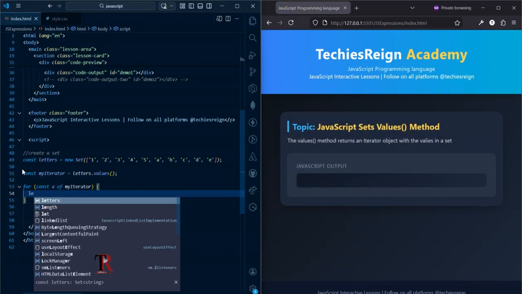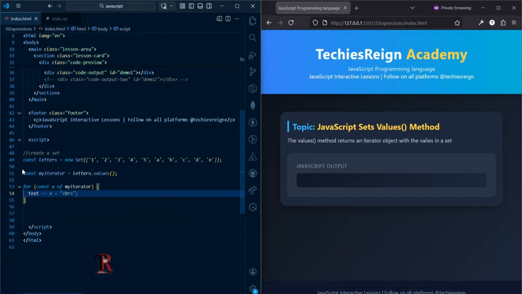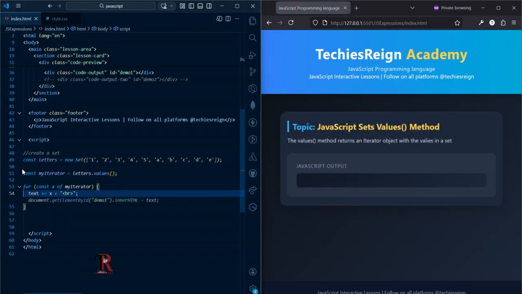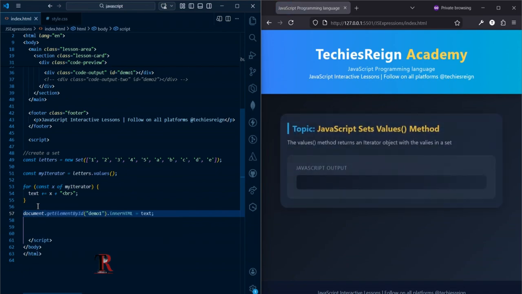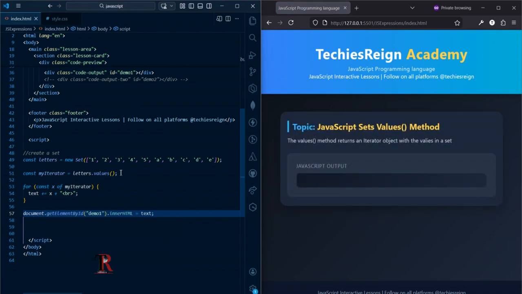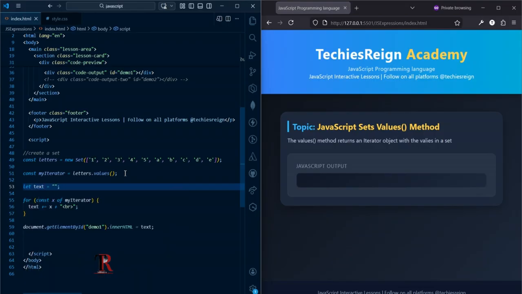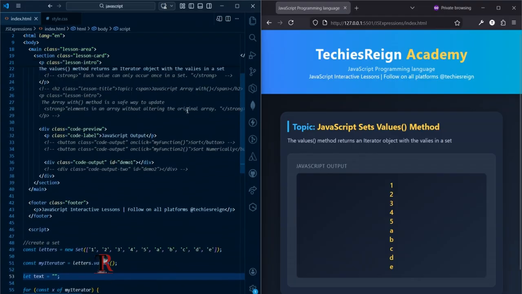Text plus equals x plus this, and outside of this I can say document.getElementById. You will not see anything because I'm yet to make that text variable. So this is the empty text variable, and now you can see the way it iterates over my set, and then with the values, sorry,